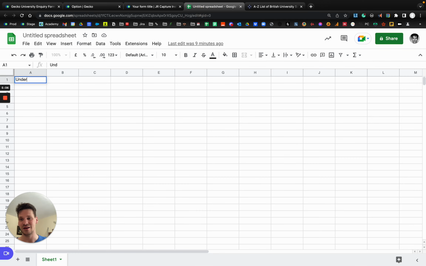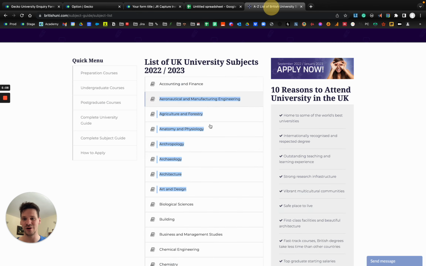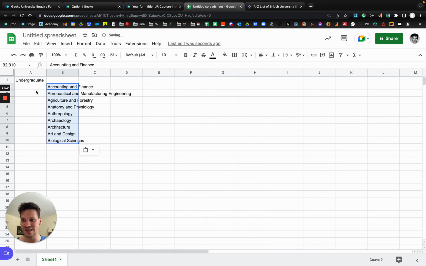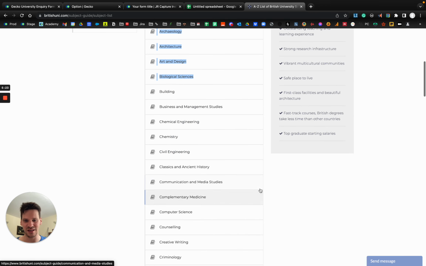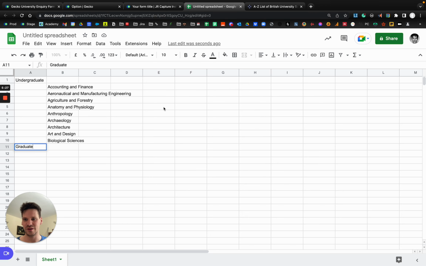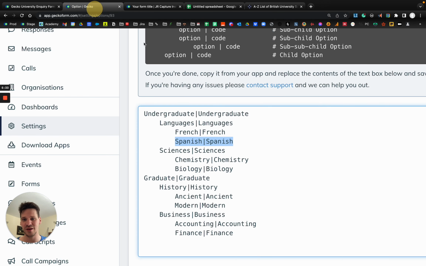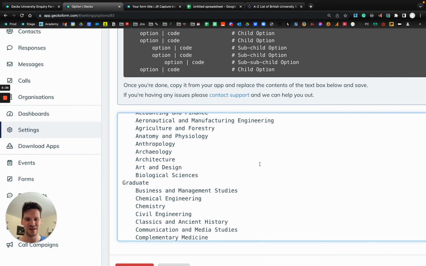So we could say, here are undergraduate programs, and here's just a list of UK university subjects that I'm going to completely steal because I can't be bothered to type these out. We might want to copy these, and here's our one tab indent, and we can say graduate programs. Let's again just steal some more of these nice and easily. Let's copy those to the clipboard and paste them in this column. When that's all said and done, we can just copy this list of options over and paste it in,